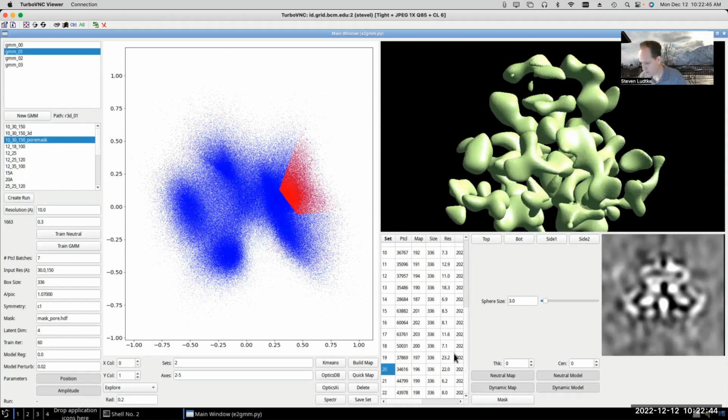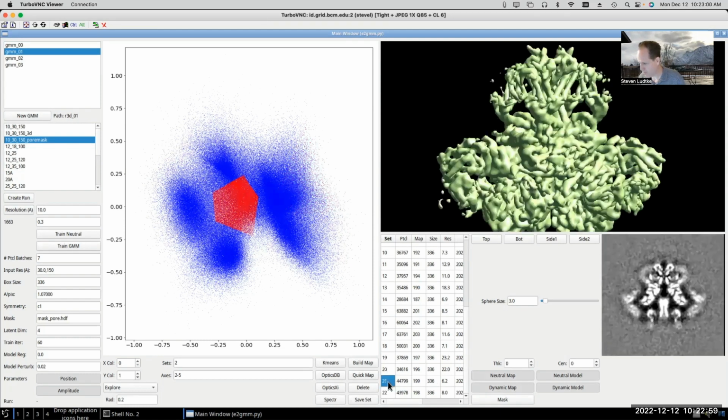You could say, well, these are just particles that were over a more heterogeneous population or something in some sense, but in theory, they're all aligned really well and that sort of thing. So it's not quite clear what's going on in some of these substates that you see. But this at least gives you the opportunity to generate some of these subsets, and then you could, in theory, pull out just this 50,000 particles, and then you could run additional refinements on those particles and see if some of the changes that you observe in various places actually hold up once you've refined just those